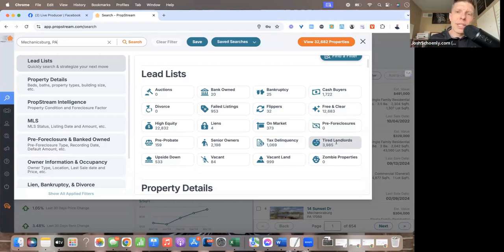And again, I forget the exact definition, but non-owner occupied properties, and they've owned it for a long time, essentially. Zombie properties. There aren't any available in Mechanicsburg right now, but zombie properties are vacant and pre-foreclosure, I think. And maybe there's one other criteria. Anyway, pre-probate is another one that people find interesting. Pre-probate means that one of the people on the deed is now deceased. I would be careful in how you market to them or approach those, but there could be a lot of